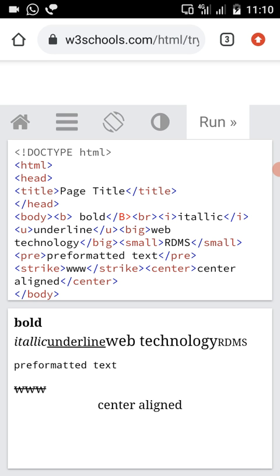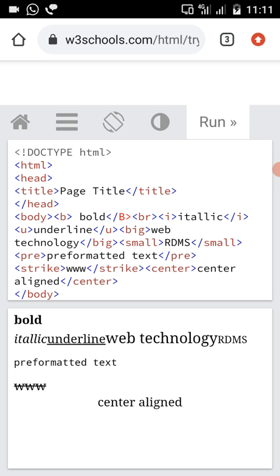If you want to represent italic in one line and underline in the next line, in between the I tag and U tag, you should write a tag called the BR tag. Here the BR tag is an unpaired tag because it does not have a closing tag. If a tag has a closing tag, we can say that it is a paired tag. If a tag does not have a closing tag, we can say that it is an unpaired tag.